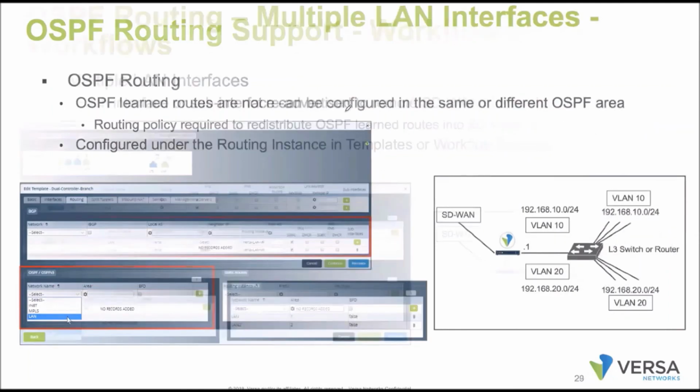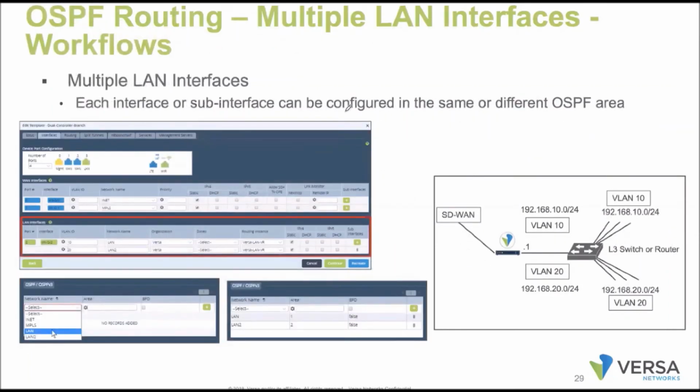Right. So coming to the multiple LAN interfaces. If I want to run multiple LAN interfaces at the LAN VR, you can add multiple physical LAN interfaces or logical units into the same routing instance. That's allowed. Yesterday we were talking about that, right? Within the LAN VR, you can have a single interface, multiple physical interfaces, or multiple sub interfaces as well. When I'm creating multiple interfaces, we definitely have to provide a name to it, the name of the interfaces.